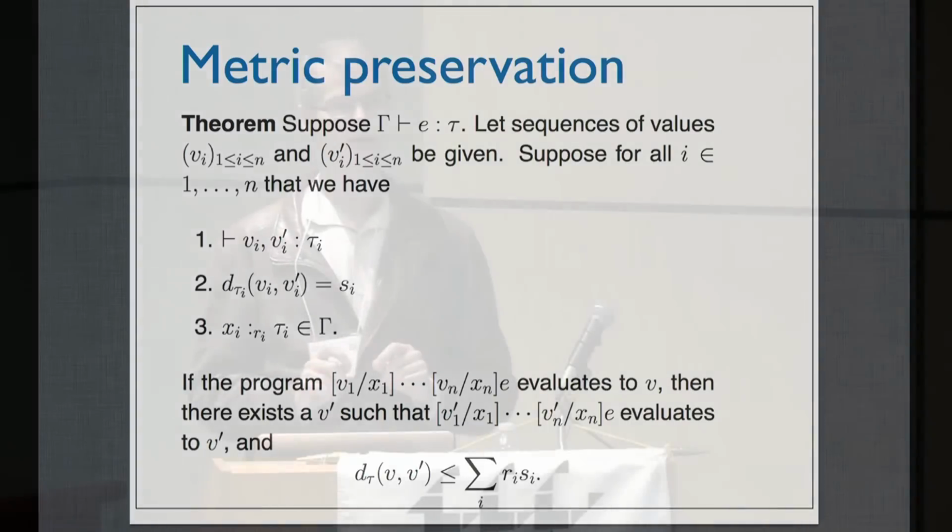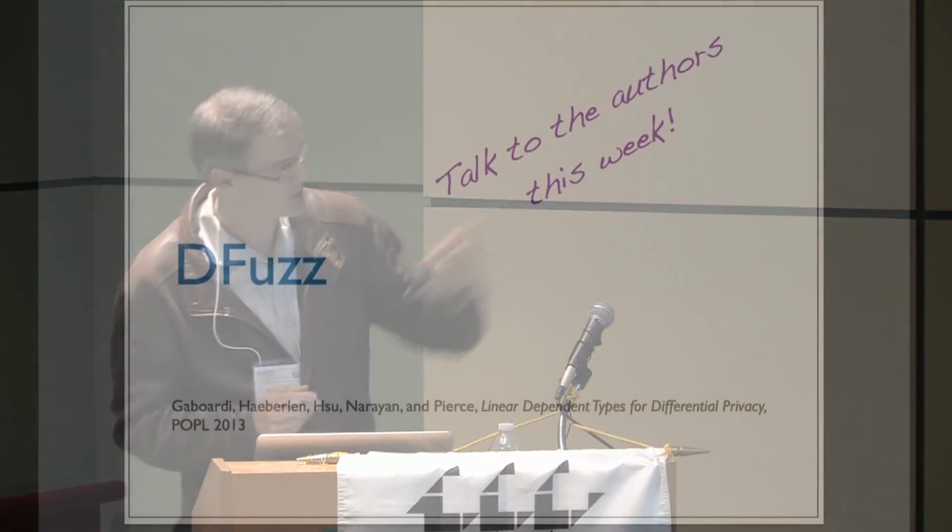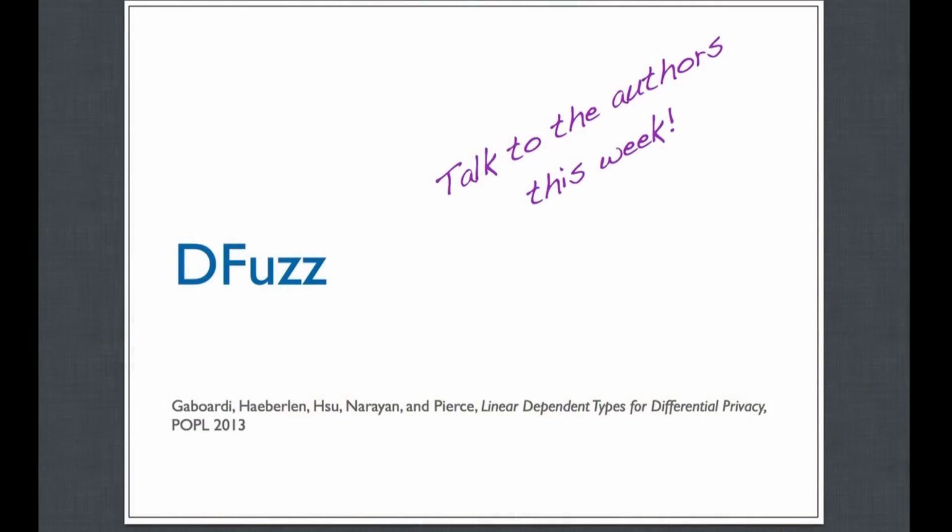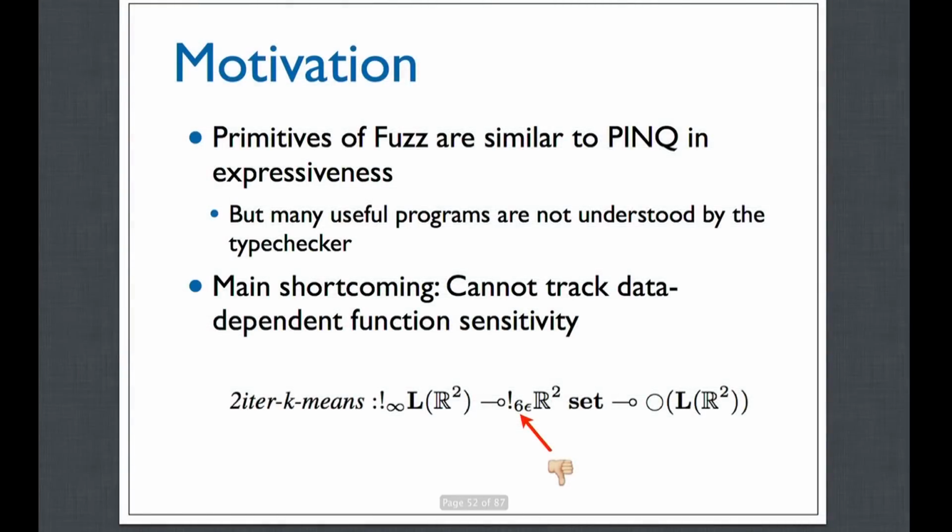But let me tell you a little bit about what we're doing now. We're working at Penn on a language called dfuzz. There are several authors listed on the bottom of the slide, and they're all here. So you can find out as much about dfuzz as you want. The motivation for dfuzz is a limitation in the flexibility of fuzz. So the essential problem with fuzz is that it doesn't track data